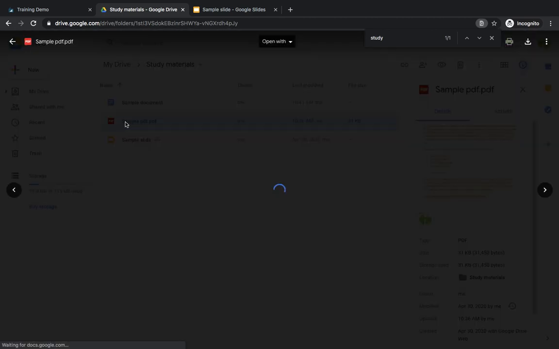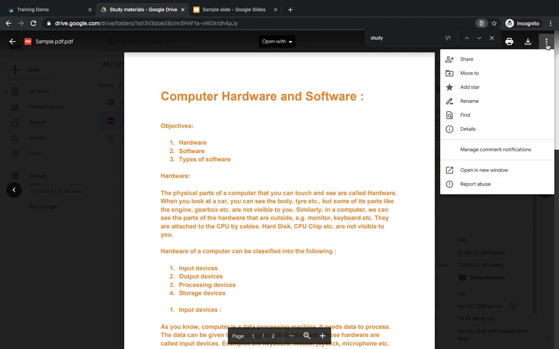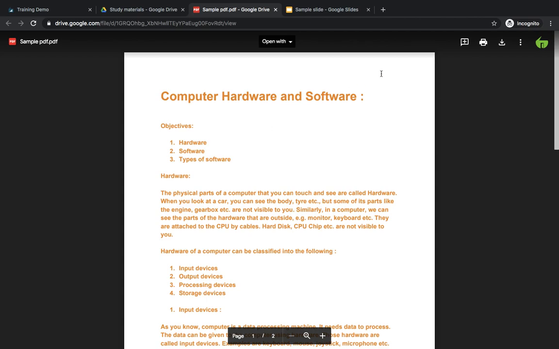Double click on this. It will open in the same window, and click on the three dots menu. This is more options. Okay, and click on open in new window. You have to open this PDF material in a different window. Again you have the three dots, more actions menu there.